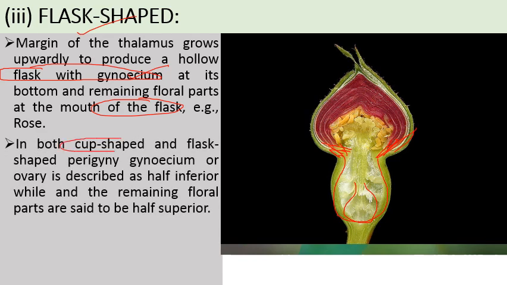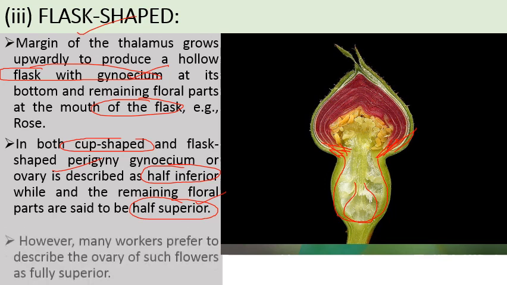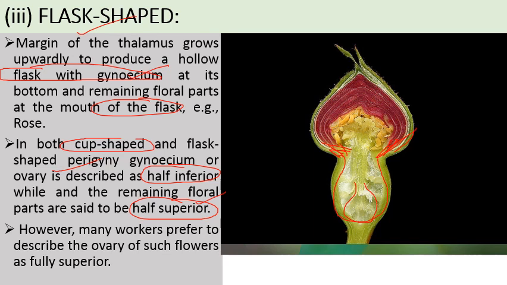In both cup-shaped and flask-shaped gynoecium or ovary is described as half inferior, while the remaining floral parts are said to be half superior. So जो cup-shaped और flask-shaped thalamus वाले perigynous flowers हैं उनमें ovary condition को half inferior माना जाता है, और जो floral parts हैं they are considered as half superior, but some workers prefer to describe the ovary of such flowers as fully superior. कुछ workers इसको fully superior मानते हैं. Next is the third category, that is epigyny. As the name